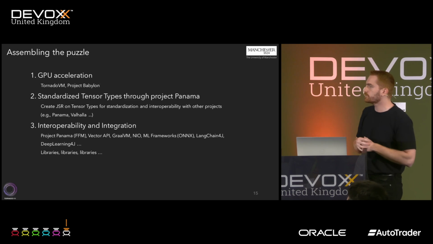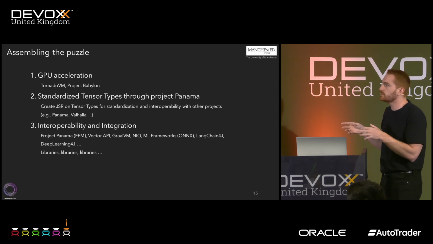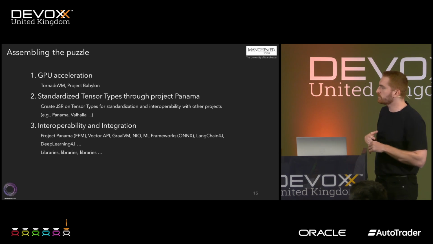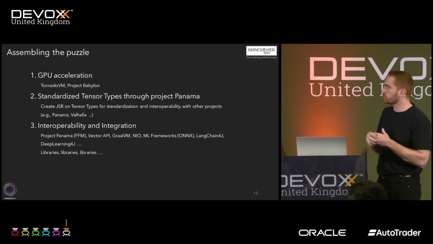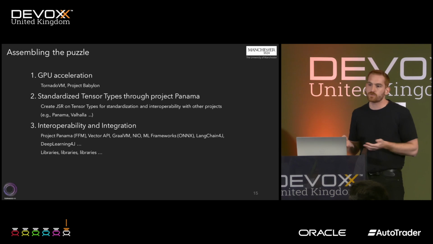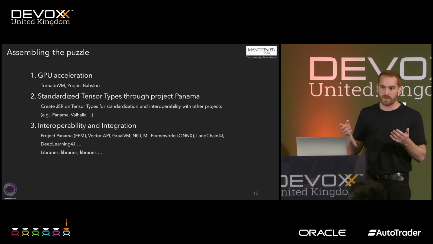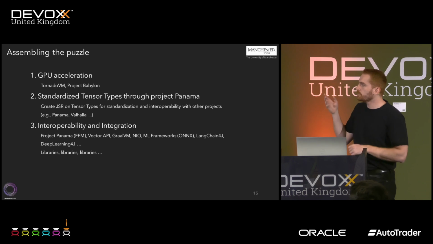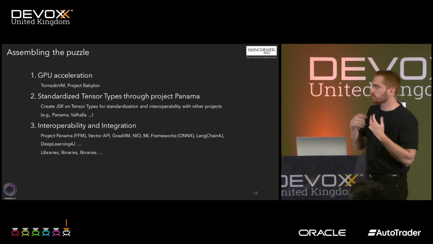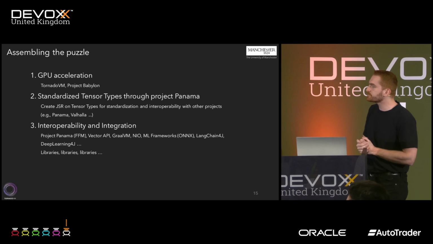If we look further into that, we're living in a great era for Java, because no one could have imagined 5 years ago that we would have not just one framework but 2 different frameworks working on bringing GPU acceleration into OpenJDK. TornadoVM does that, and Project Babylon does that as well. That's for the GPU aspect.